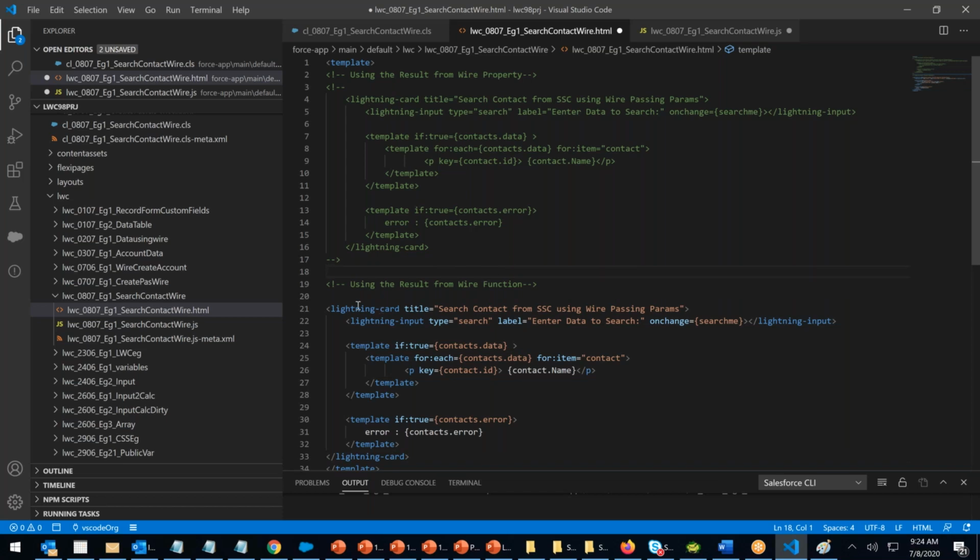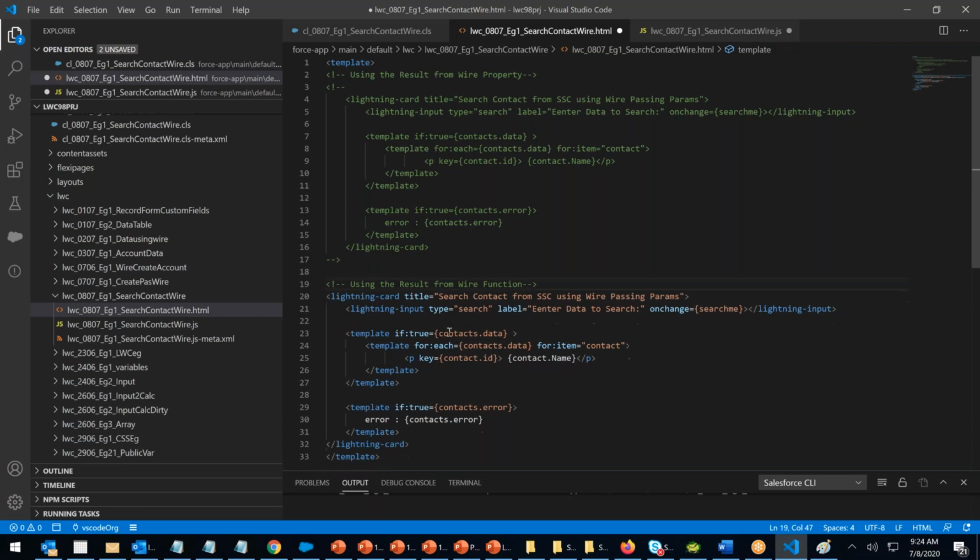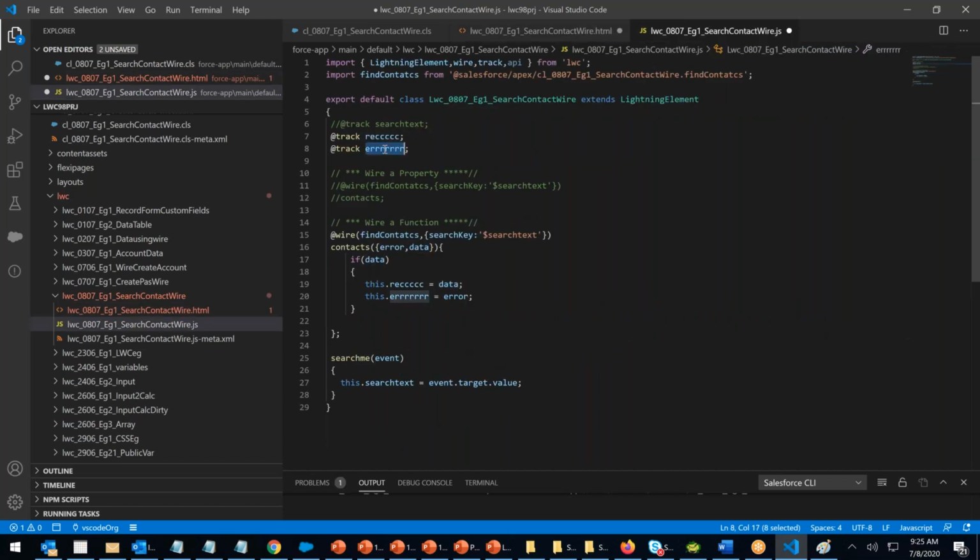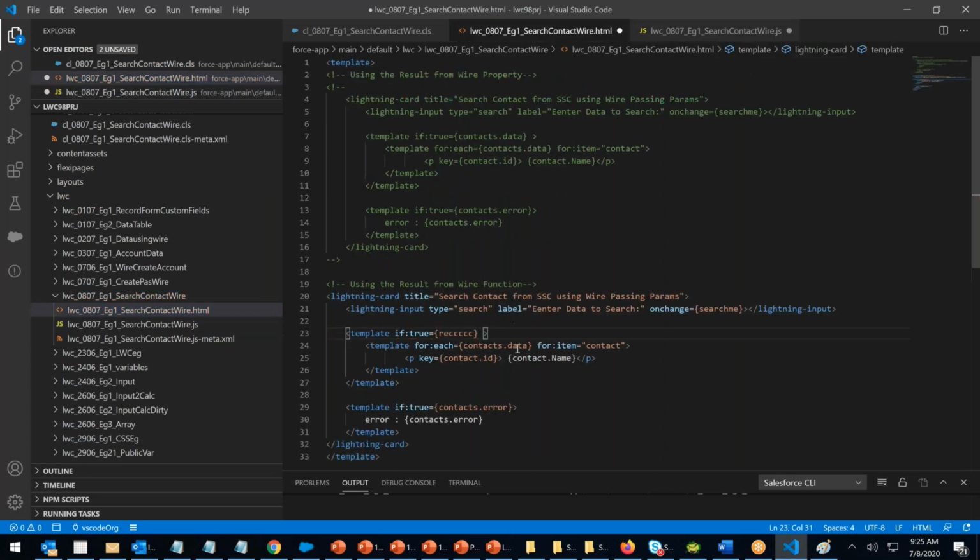Let me reduce the space. The search label button will stay as it is. If true, it's not contact.data. Where is my data stored? My data is stored in record. For each record,